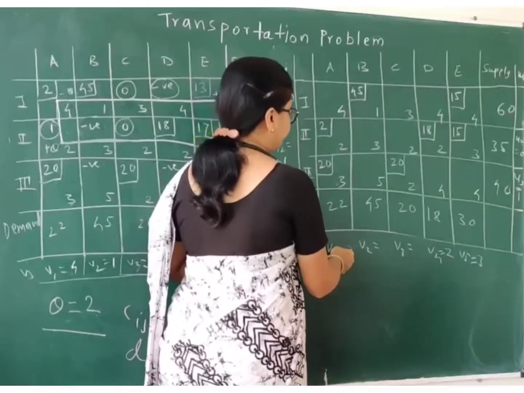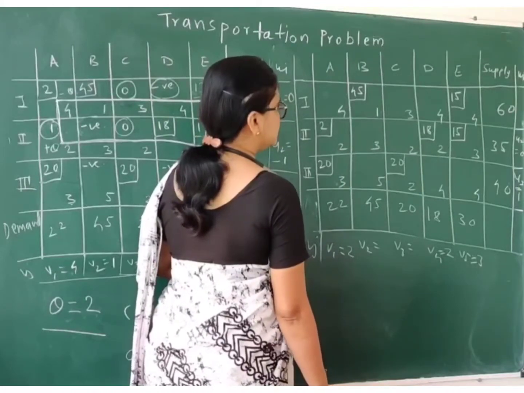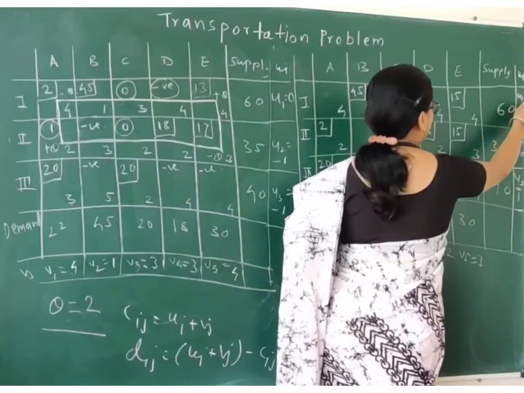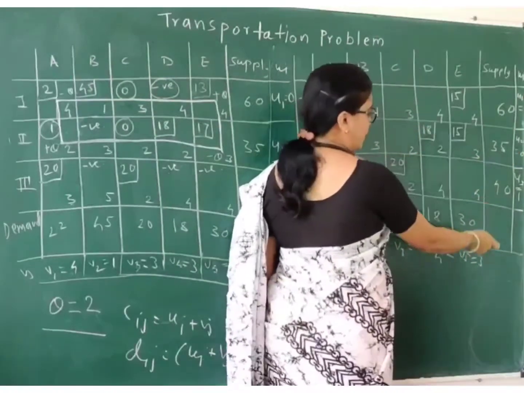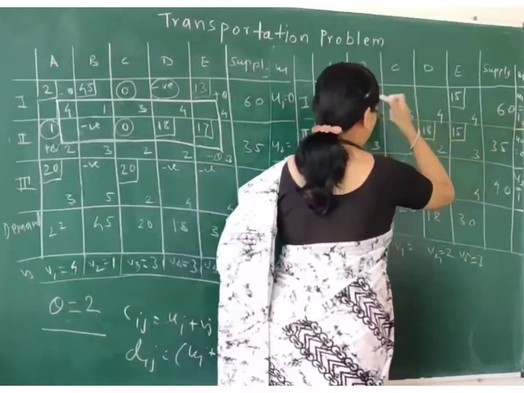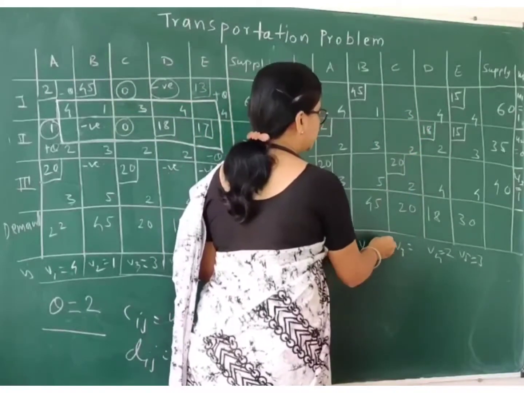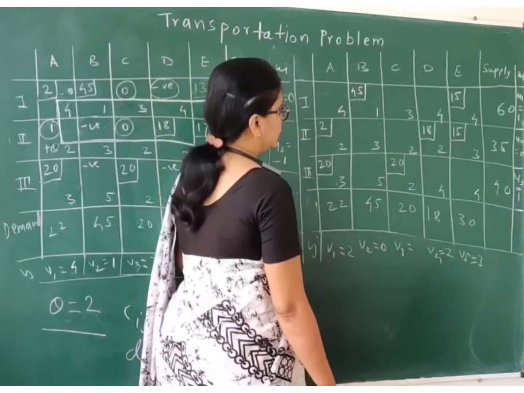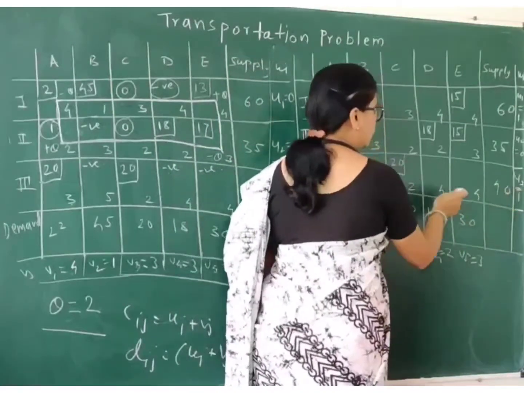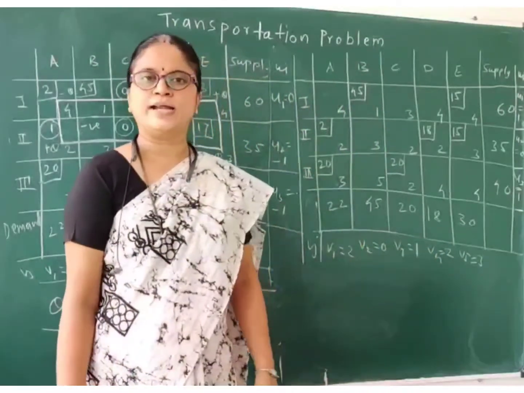Okay, again by using which value? Now, by using this value, I can find the value of u1 as 4 minus 3, which is 1 over here. Okay. By using this value, I can find v4 as 1 minus 1, that means it is 0. Okay. Now I need to find v3. So v3, by using this value, is 2 minus 1, which is 1 over here. So I can have all the values of ui and vj.